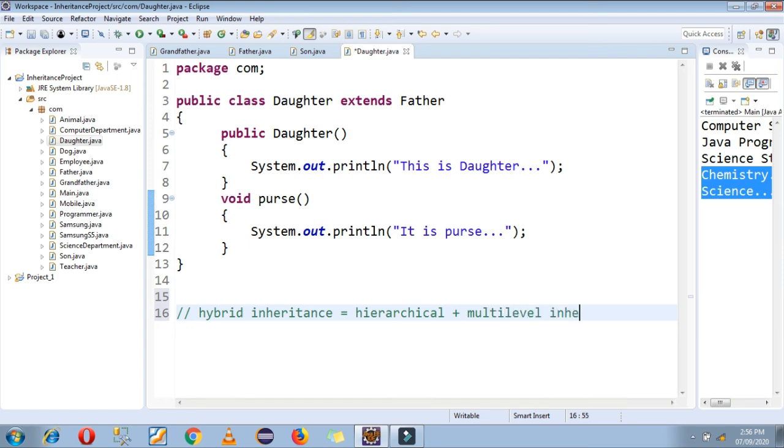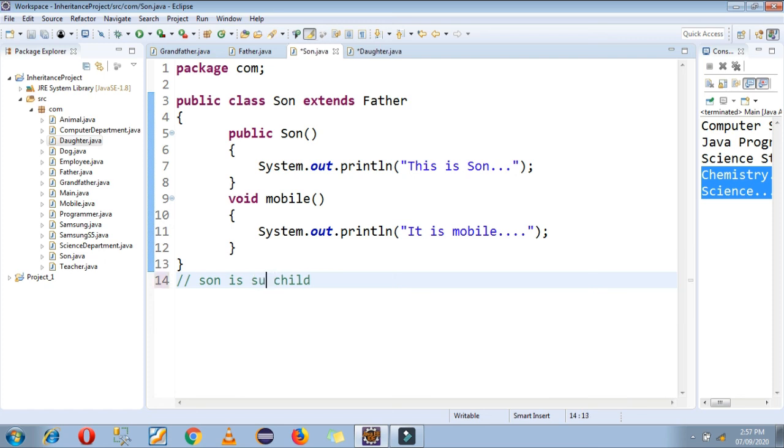So hybrid inheritance is the combination of hierarchical and multi-level, or the combination of single and multi-level. Here daughter is our subchild number 2 and son is subchild number 1.